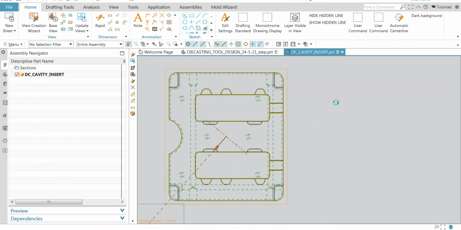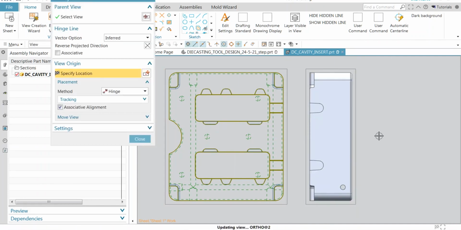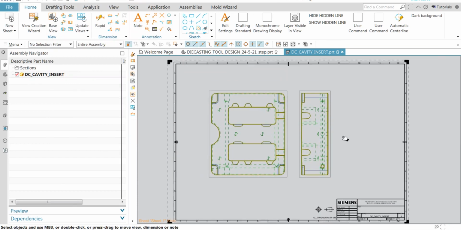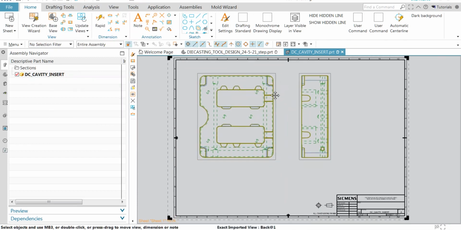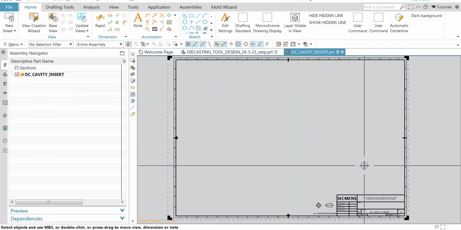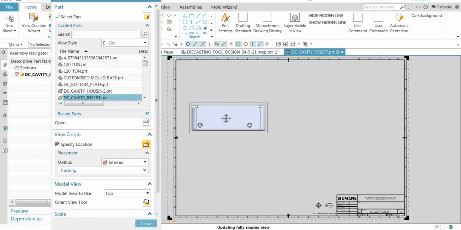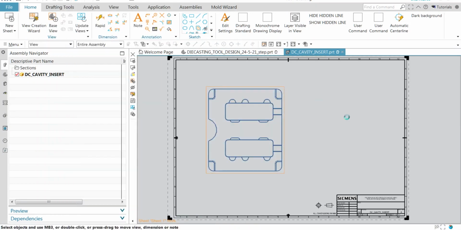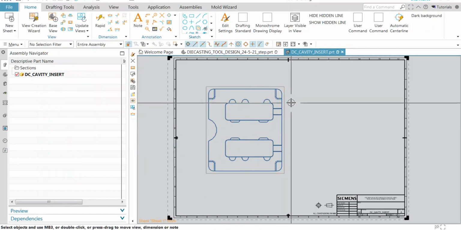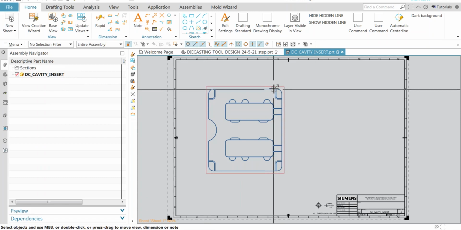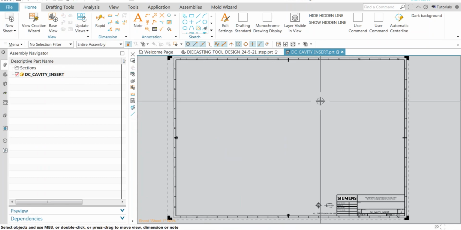When I take a projected view with the help of this base view, I get the same line properties. This is not a trick, this is a standard practice. But the problem comes whenever you place a new view, you have to change it every time. Here I deleted the main view and I'm changing it again and again. So this is a problem. For that I have a solution.